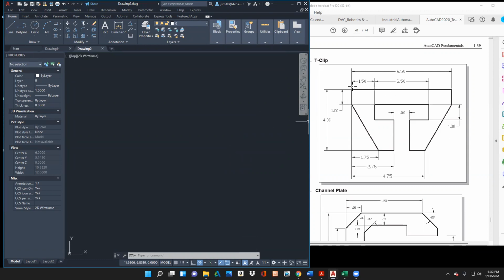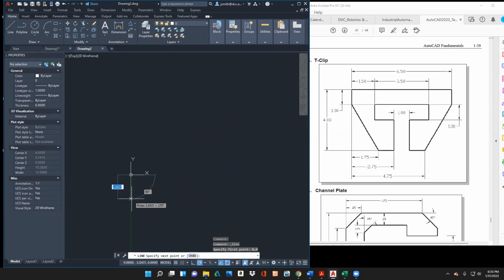So the first thing I need to do is figure out where's my 0, 0. I need to work off a 0, 0. It makes it much easier for me. So I don't know the length of these angles. I mean, I could calculate it, but the easiest thing to do is just take my line. I'm going to make the top left, and you can really do it anywhere. So I'm going to say top left is going to be my 0, 0. So I take the line tool, I type in 0, 0, enter, and I scroll out, and then I'm going to go,